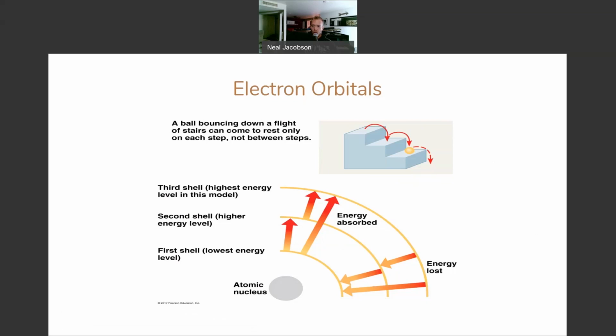And then when those electrons start to cool off, they'll release some of that energy that they absorbed from the sun in the form of radiant heat, just like they absorbed it. And so electrons can jump orbitals. They can be in a middle orbital, and then they absorb some energy, and then they jump to a higher orbital for a while until they give that energy off in the form of